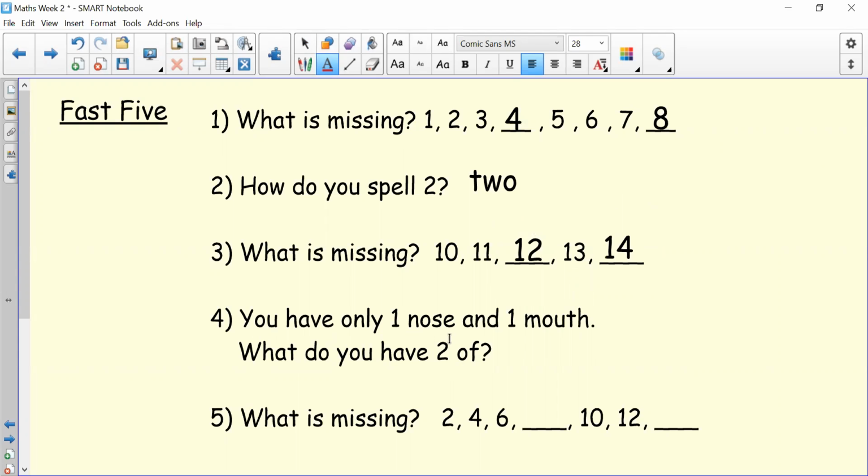Then number 4, you have only one nose and one mouth. What do you have 2 of? There's a few different answers here, isn't there? I'm going to make my font a bit smaller so that I can fit lots of answers in. The best way to do it would probably be to work out systematically, starting at the top. What do you have on your head or on your face? We have 2 ears, 2 eyes, 2 eyebrows, 2 nostrils,